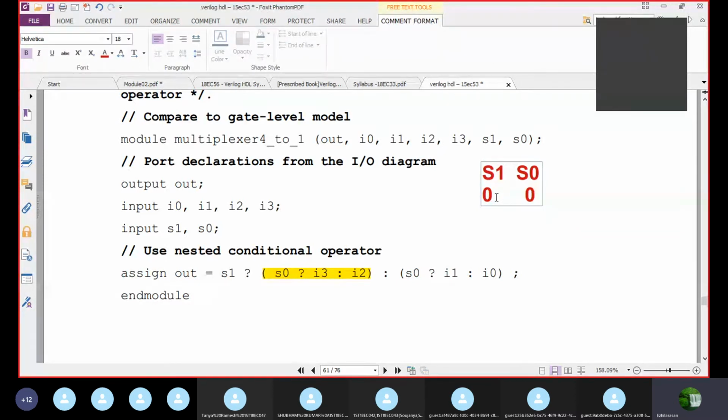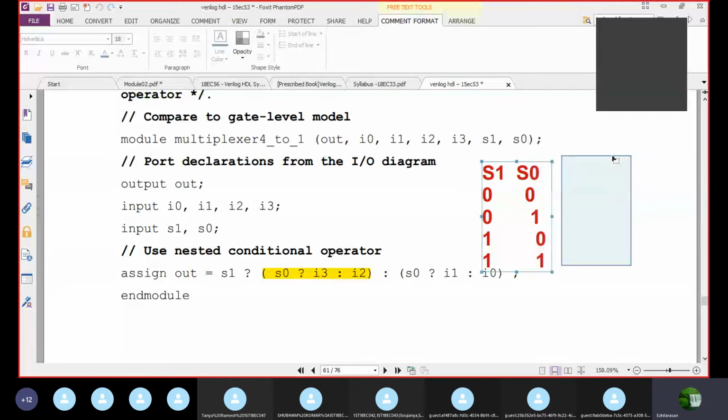It is not mandatory, you can keep any one, but I am going to keep S1 as the common one.